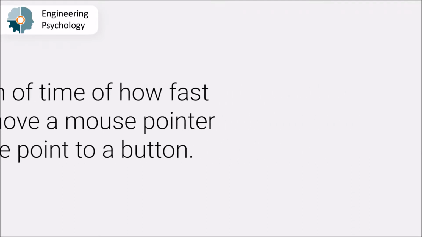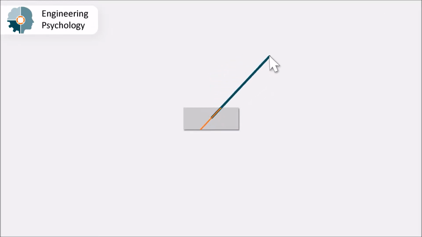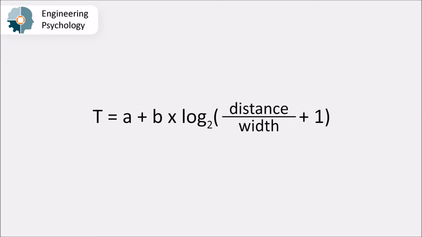If we want to predict the time it takes from starting the movement to clicking the button, the distance to and the size of the button are very important. The bigger the button, the bigger the area to click, and the more imprecisely and faster we can reach it. Also, the smaller the distance, the faster we get there. If we look at this equation, we can see that the distance and the width are in there already, but